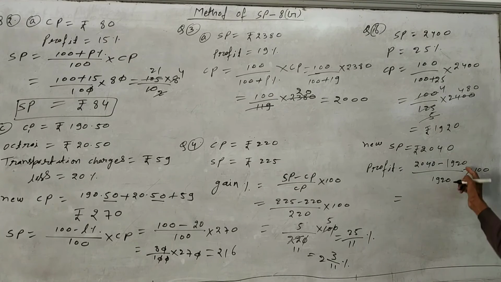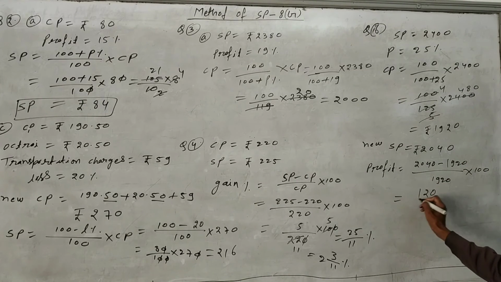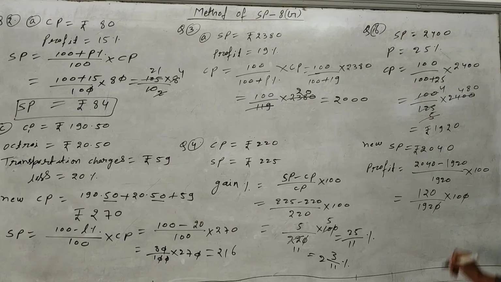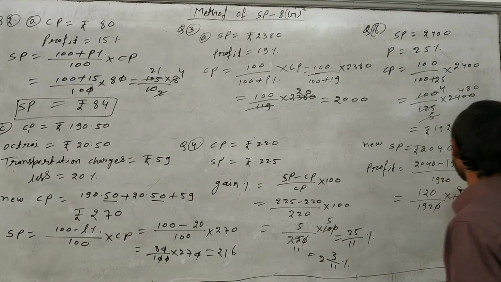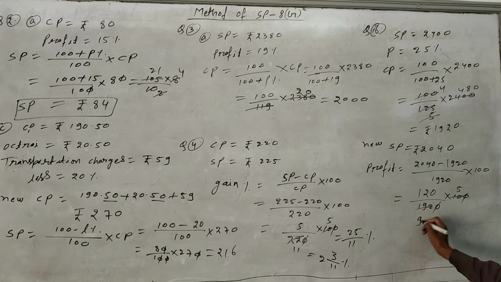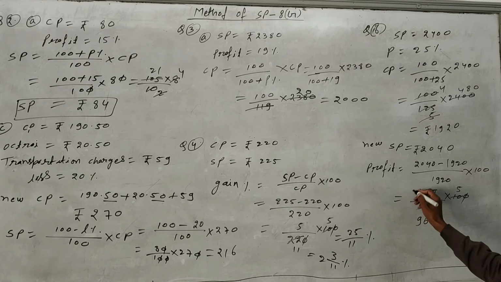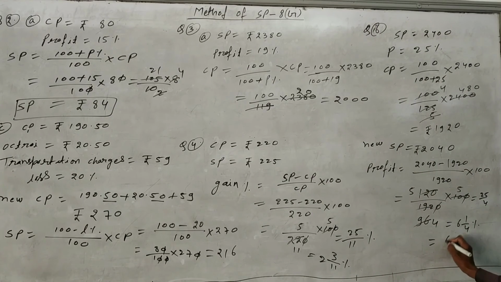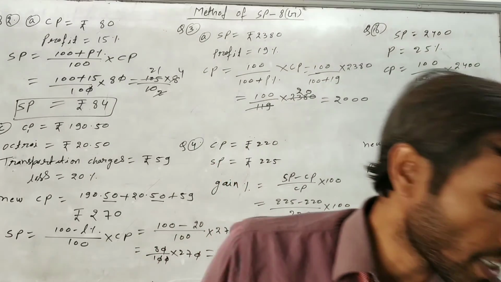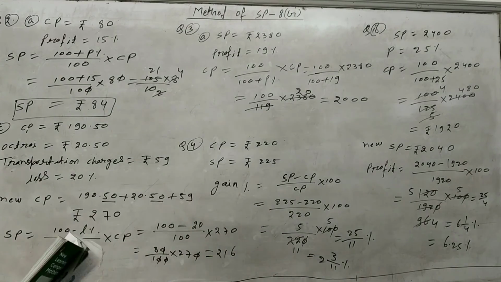Okay. Now we will subtract here. It will come 120. Now 1 upon 1920 into 100. Now we will cancel out. We can cancel by 4 table or 2 table directly, and it will come 96. And now cancel by 24. Then it will come 25 upon 4. Now convert into a mixed fraction. It will come 6 1 upon 4%, or you can convert into decimal, it will come 6.25%. Okay. So this is the profit percentage if you sell for 2040 rupees. Now question number 7, just try yourself.